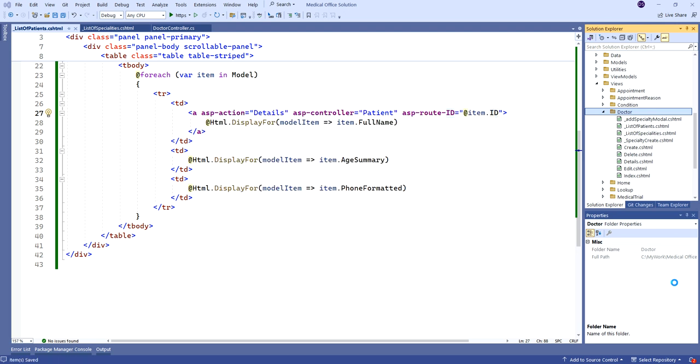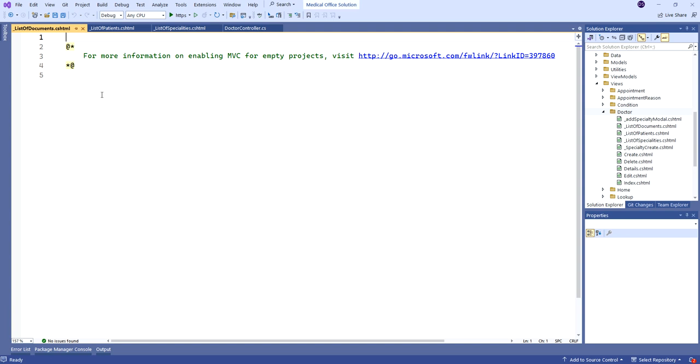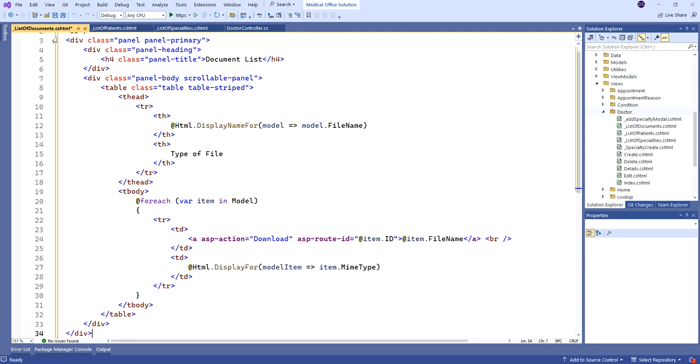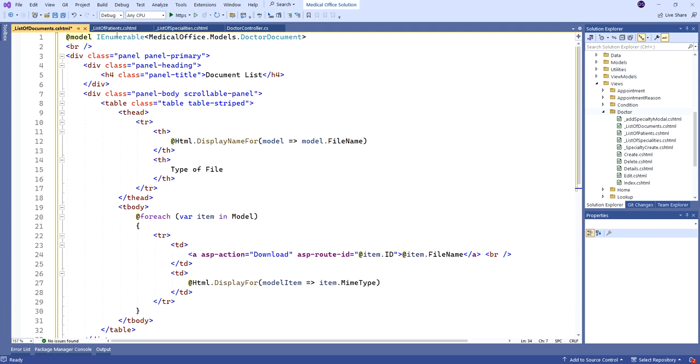All right. So this one as well will be strongly typed with doctor document as the model. Again, I'll use a panel set, so the body is a scrollable panel, right? So the IEnumerable of doctor document. It's my document list, okay, and I'll just have the file name,